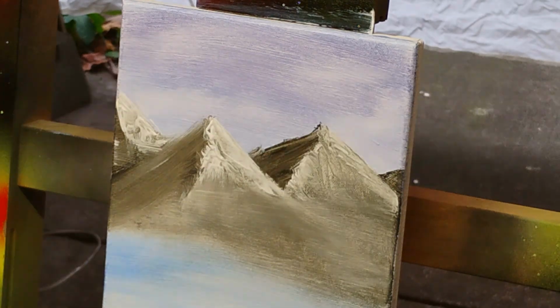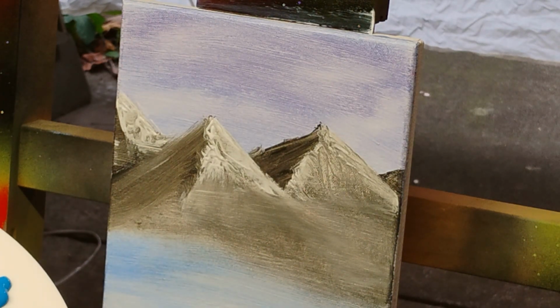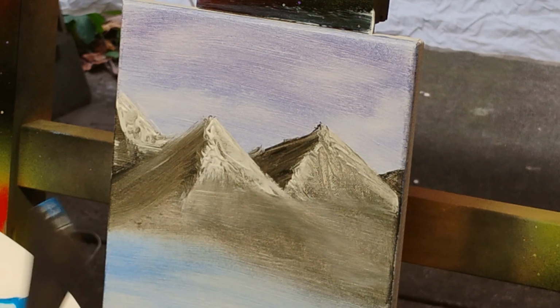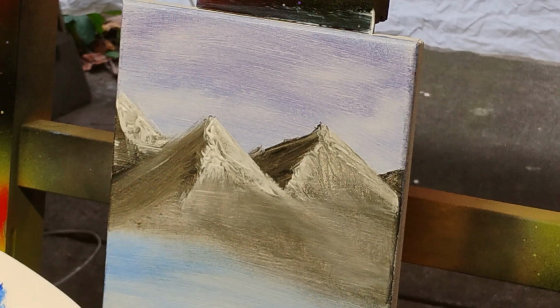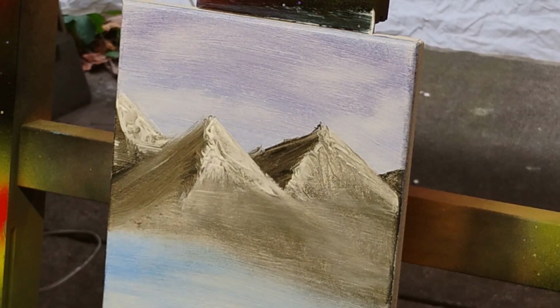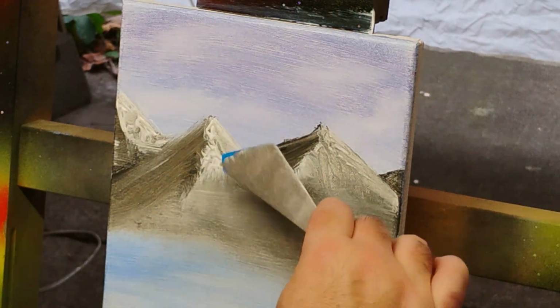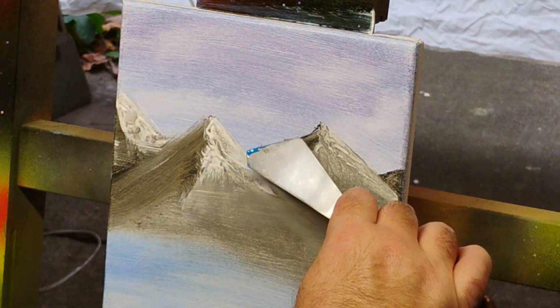Alright, so I went over here and I added a little bit of light blue, and I did that because I'm going to let this light blue, I'm going to mix in some of the darker blue. Now I'm going to use palette knife once again, cut across, do that one more time, we're going to cut across. Now I'm going to come in here. We're going to